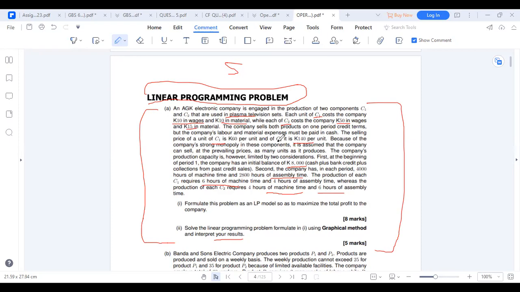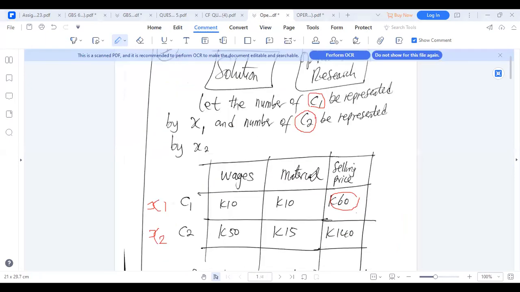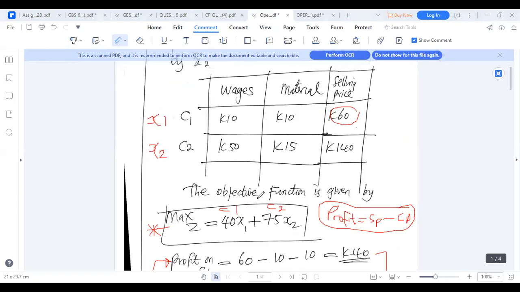Okay. And then they're saying the company sells both products on one period credit terms, but the company labor and material expenses must be paid in cash. So the company labor and material must be paid in cash. So the selling prices are those, meaning we had to find the net sales for those ones. So the net sales, meaning that the objective value function